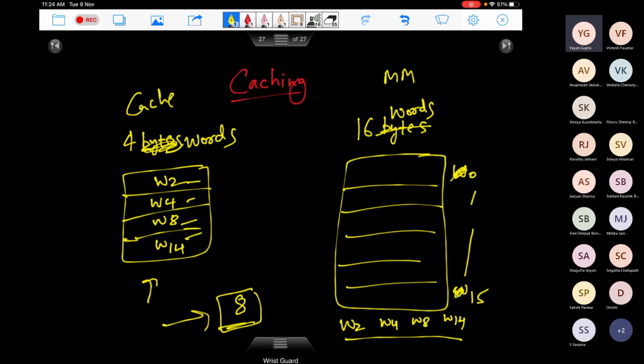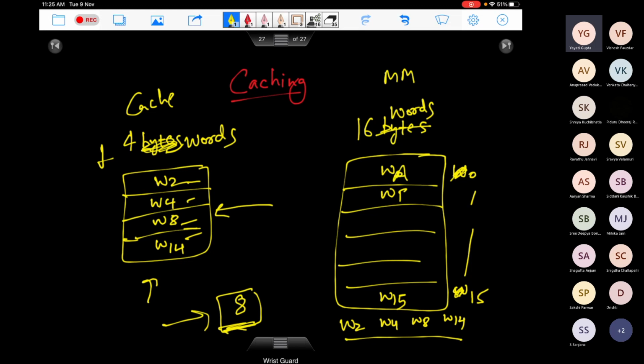I made a mistake. Let me write it down like this, right? These are the contents here. So there are these 4 contents which I have copied to the cache, right? These contents do not have any notion of at which address they were present in the main memory. So in the instruction, you actually see an address. And how do you search it in the cache now? Cache has the content, right? But I want a content which is at the address 8 in the main memory, right? You first go in the cache. So you'll also have to store their addresses, right?